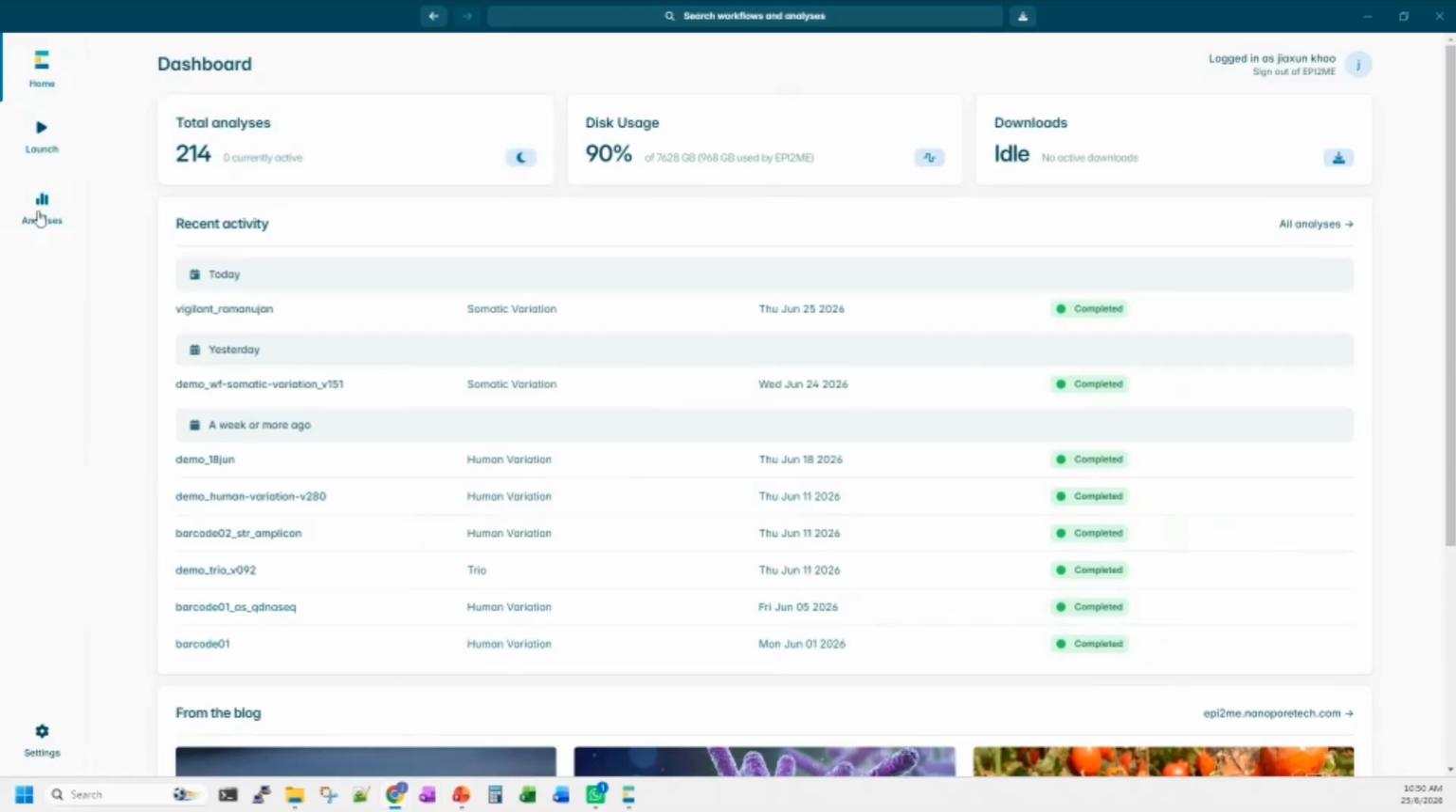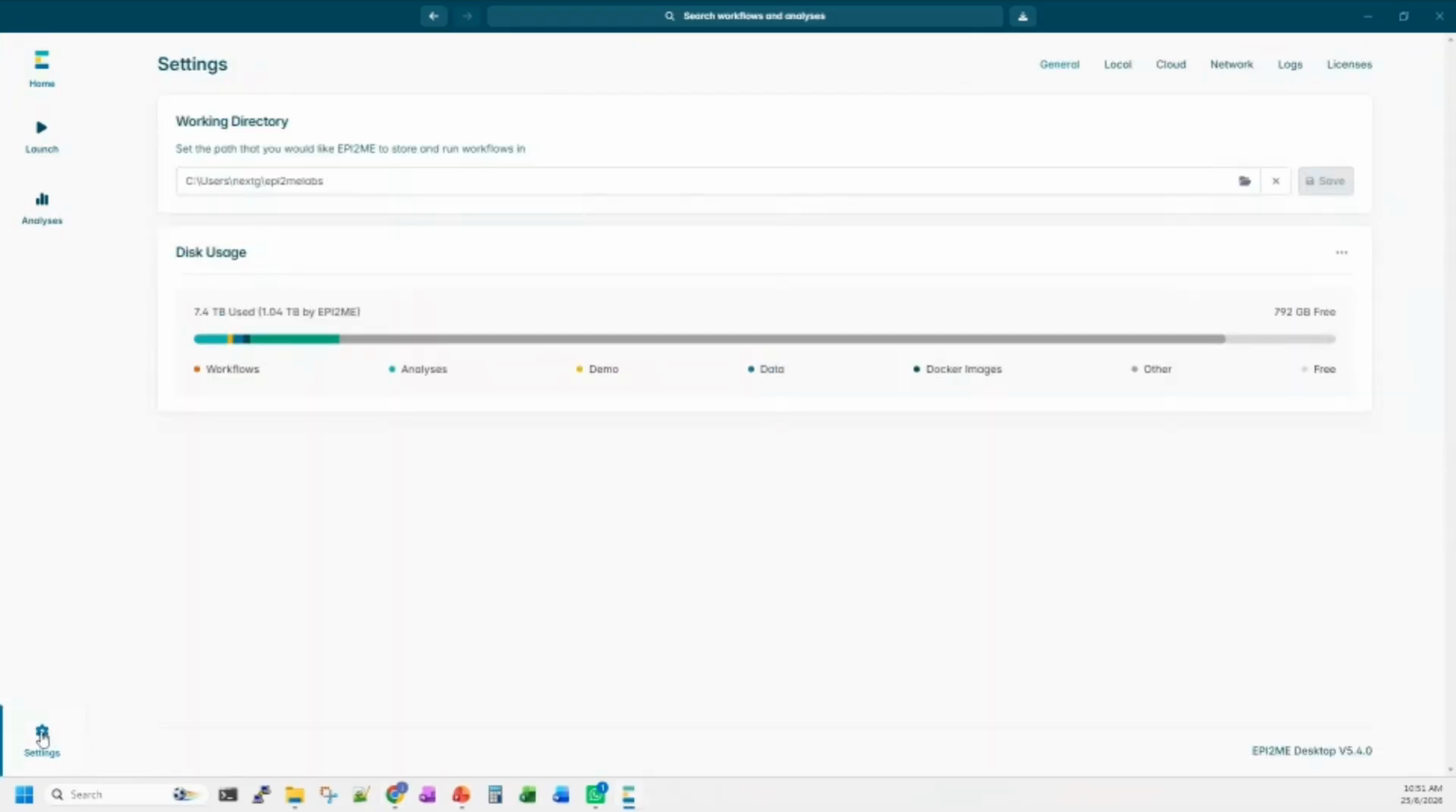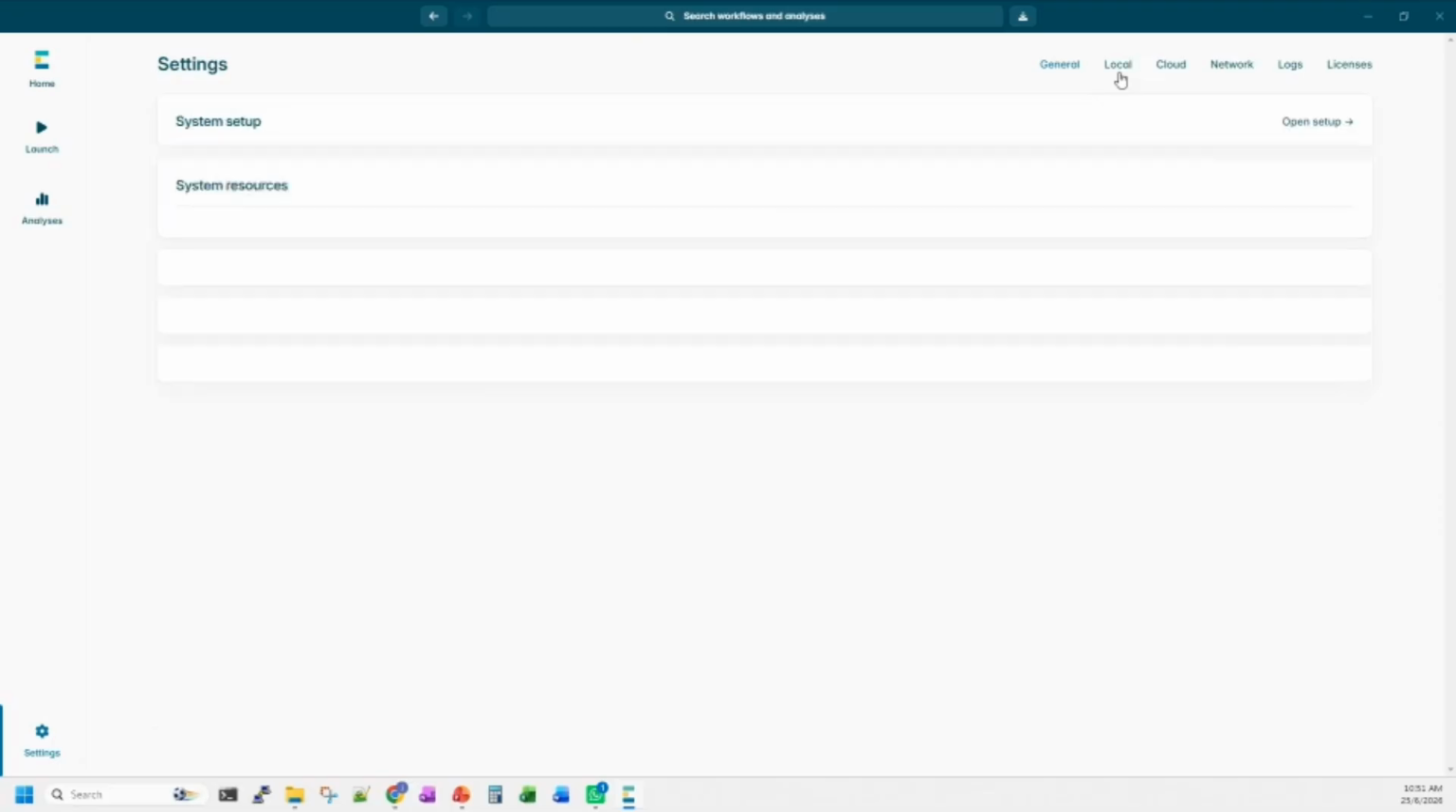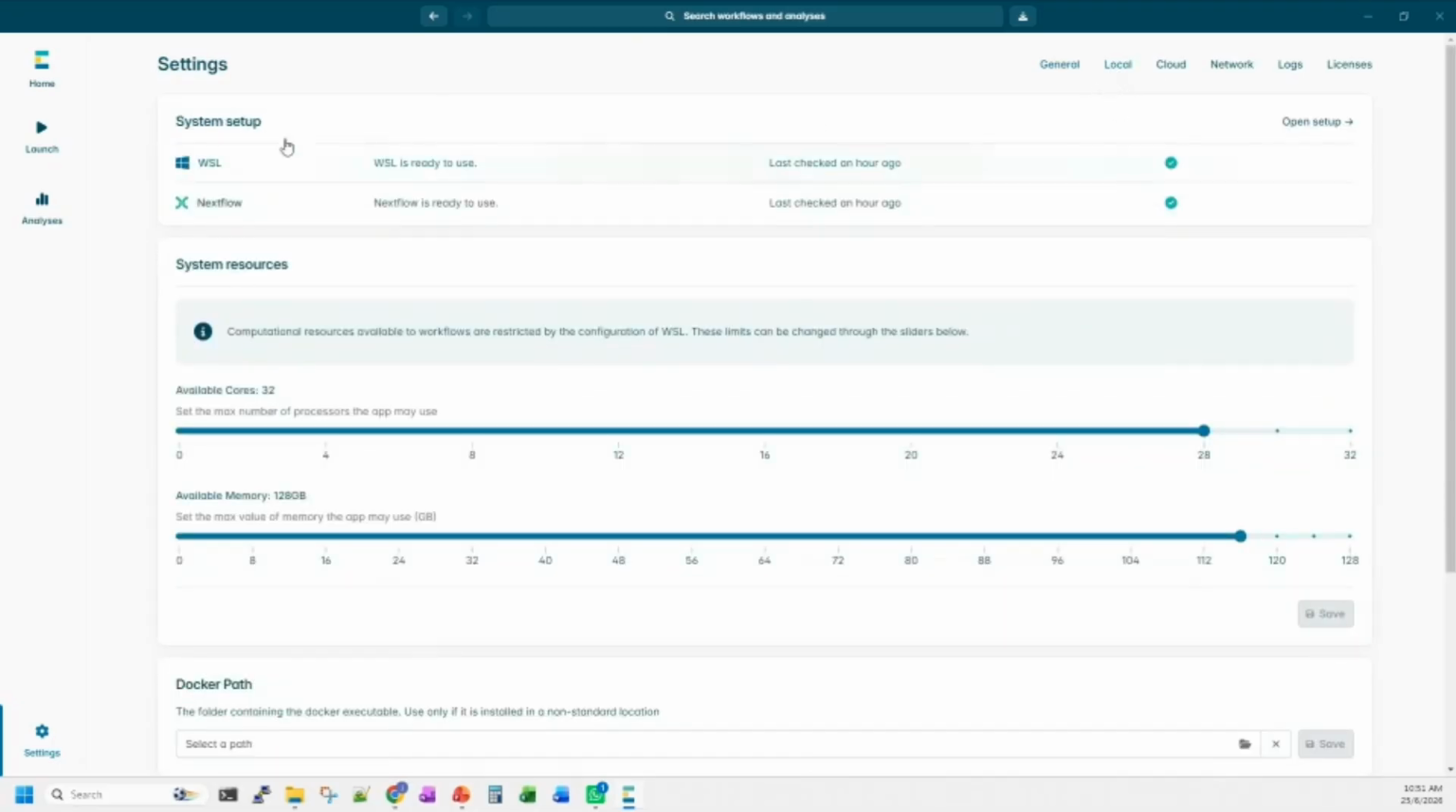Normally for the first time, I will look into the settings on the lower left corner of the software, to check whether the software has been set up accordingly. We can take a look at the working directory, whether it's okay for the EPI2ME software to do the analysis in this location. Of course, it needs permissions to read and write inside these folders. Other than that, I will also look into the Docker tab